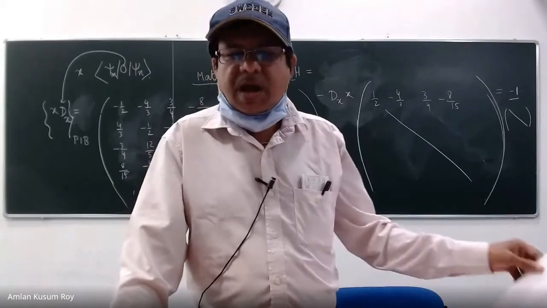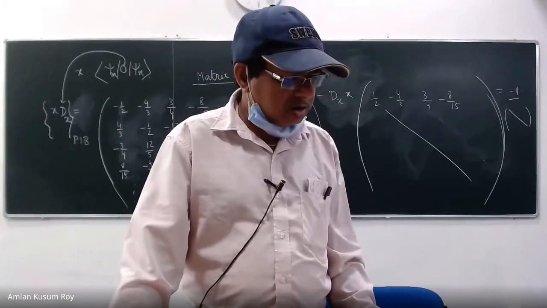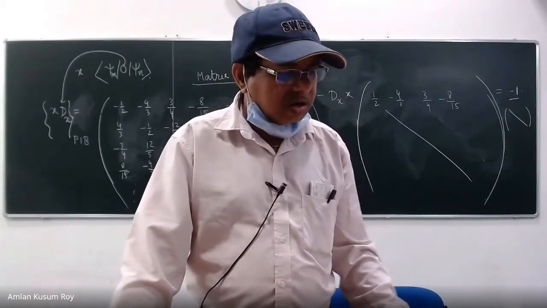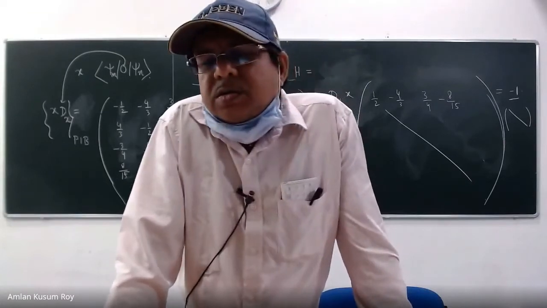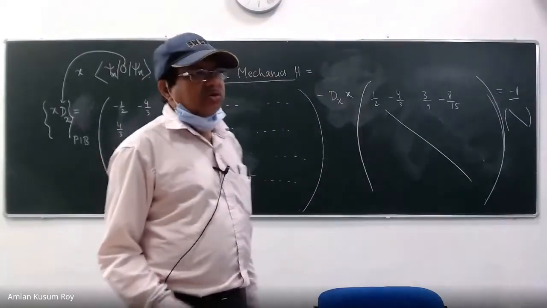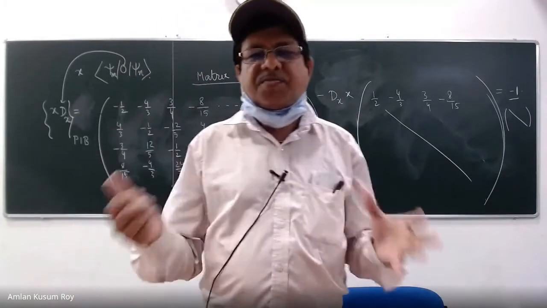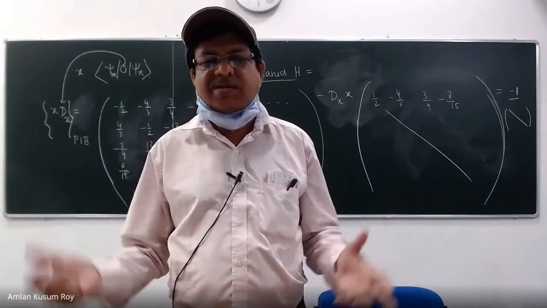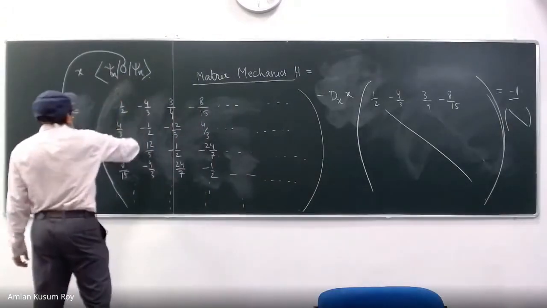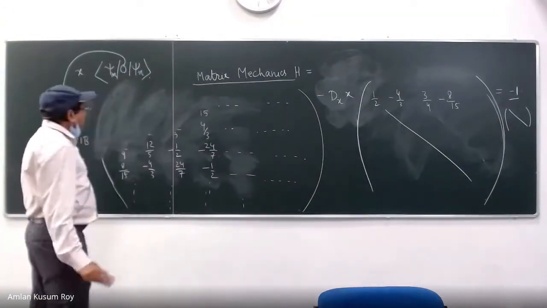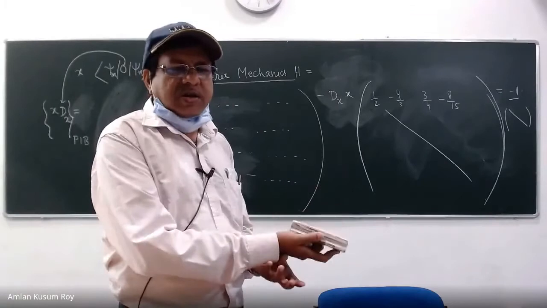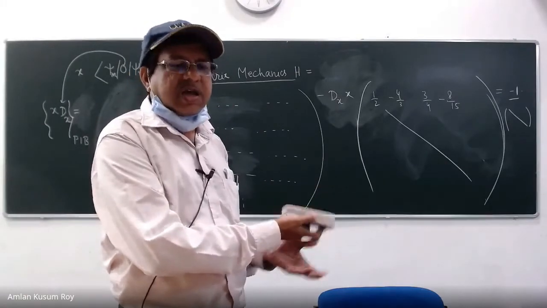Is it clear? Please write in the chat box. I want you to write one more thing before we go on. Nobody says no, that's very good to see. So you understood the representation. Quantum mechanics is a fear factor for a lot of people, and I am trying to make it as simple as possible. That's why I am writing everything on the board. You understood how to see the hermiticity from the matrix, and how to look at the commutators from the matrix notation, right?